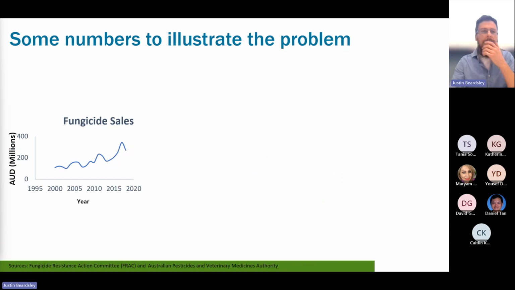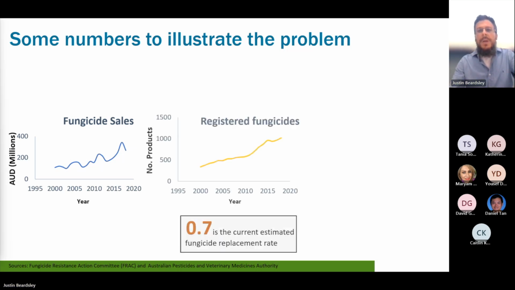Just to provide some perspective on the problem, fungicide sales just keep going up. These are stats from Australia, already a bit old, but you can imagine this trend just keeps going up. This trend is the same in every developed country. Now, the number of registered fungicides keeps going up, but this doesn't mean we have more molecules available. Actually, the number of chemistries available decreases, and that's why we've got that 0.7 number in there. What increases is the number of brands, and because they're quite complex, sometimes growers get confused.